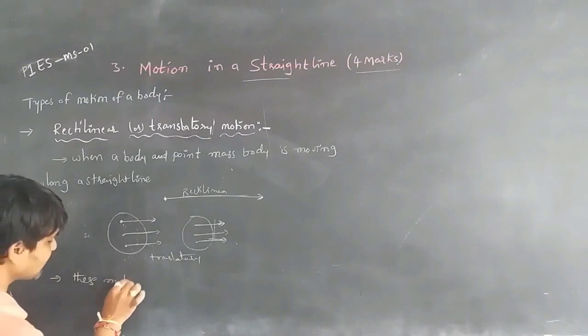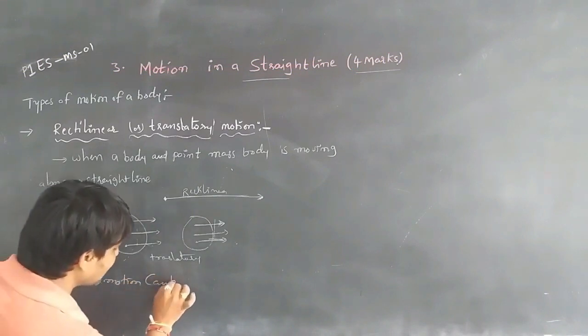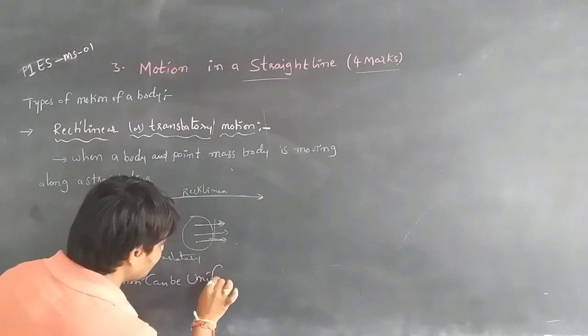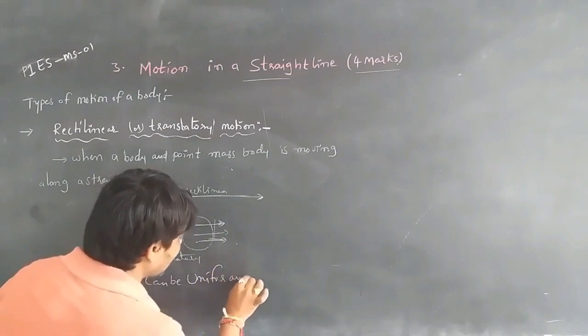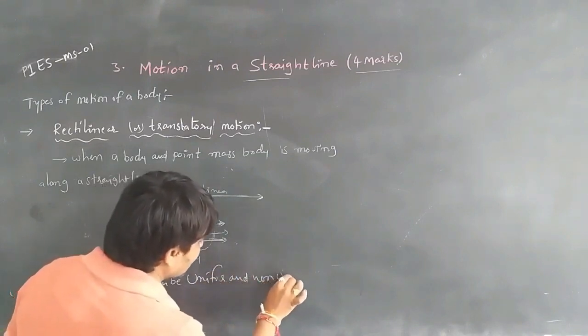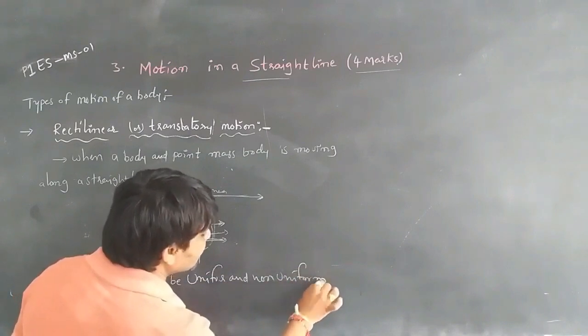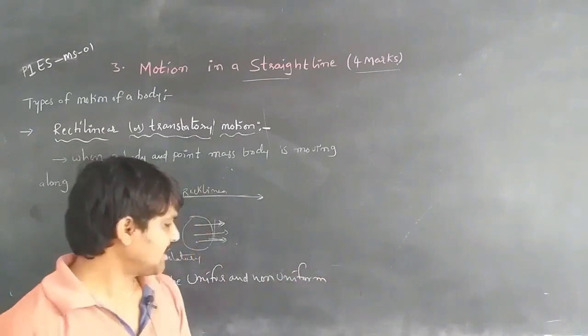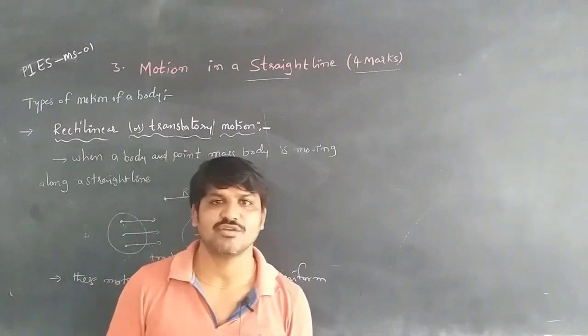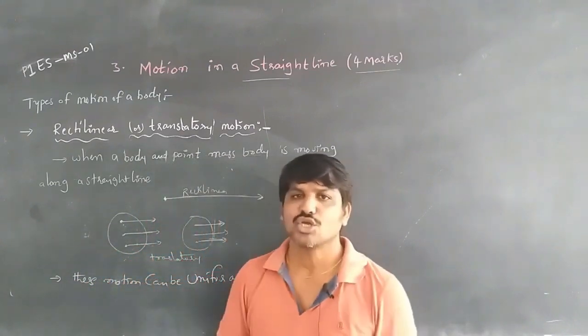These motions can be uniform and non-uniform. What is meant by uniform and non-uniform? Later we will discuss it. What is meant by uniform, non-uniform? Here, uniform means